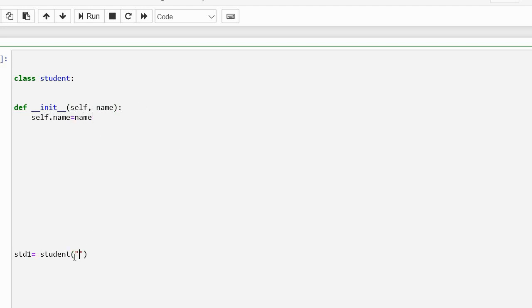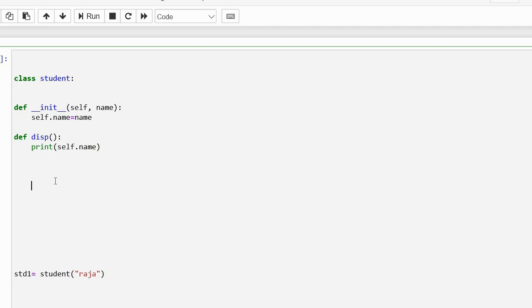Suppose I am going to pass one student name, for example Raja. So this Raja will be substituted for this name variable. This is the instance variable of this constructor. That will now be assigned to self dot name equal to name. And if you want to print this name, you can define another method. Define the name of the method, for example simply display. Then just use your logic: you can access this constructor variable by calling self dot name. You can print self dot name from this class. Simply you can call and print.